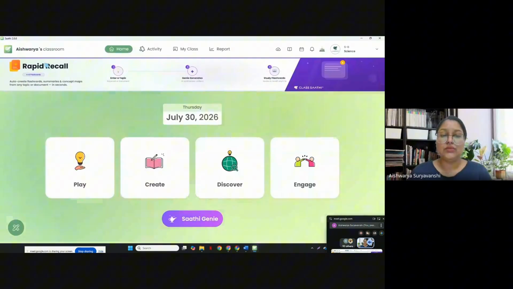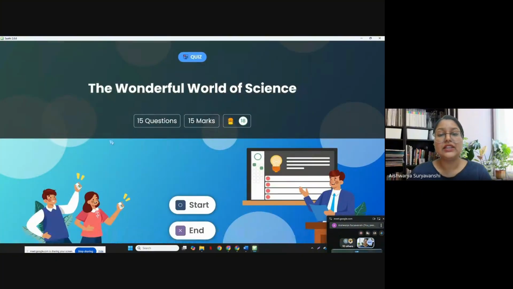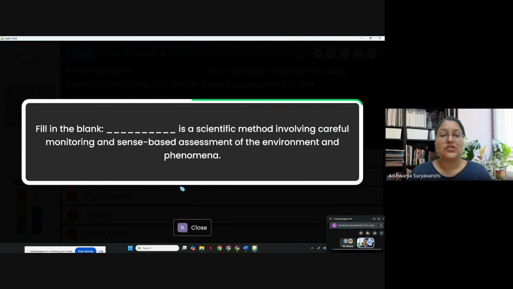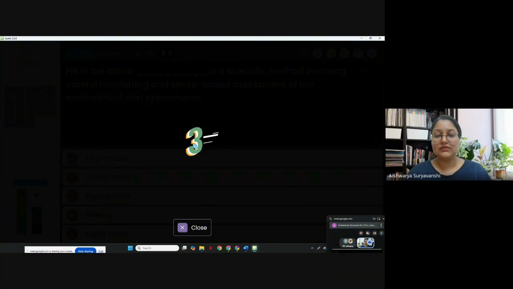When you turn it on, what happens is, when you try to play a quiz, you will have this countdown, and that countdown is going to look like this. Here you can see this is basically a timer, and you can read the question to the students. You can also pause this timer and just touch the screen and it will stop on its own. And once this completes, you will have the options. You can also pause and play the options again. Options will be given, then there will be a quick countdown, 3, 2, 1, and let's go.